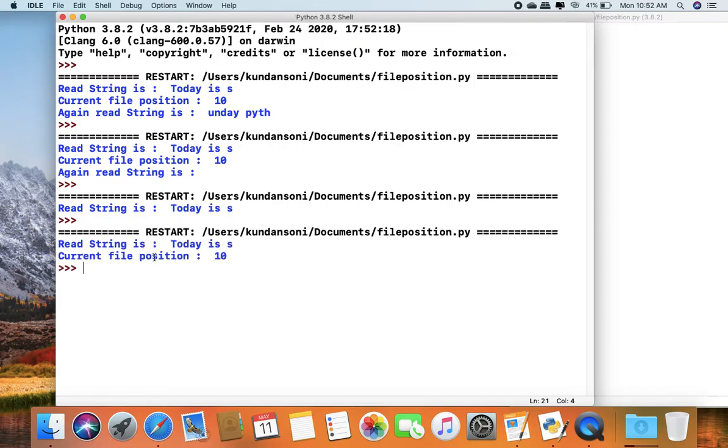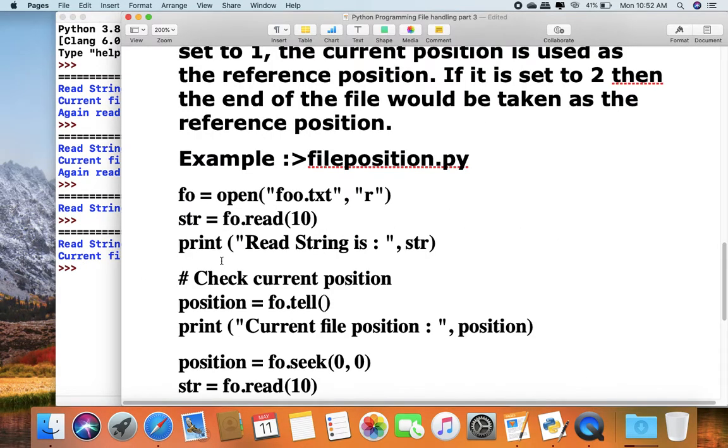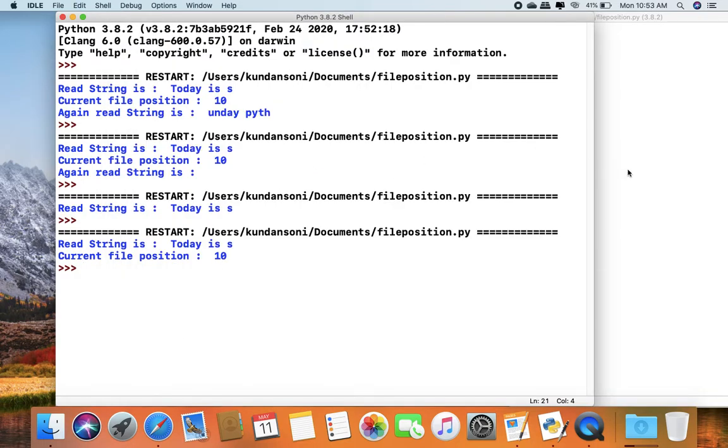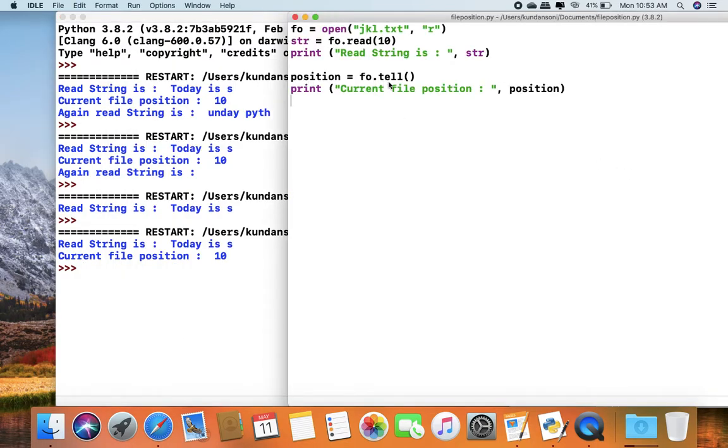If we read 20 characters, then our current position is 20. So the tell function is used to find the current position of our file.